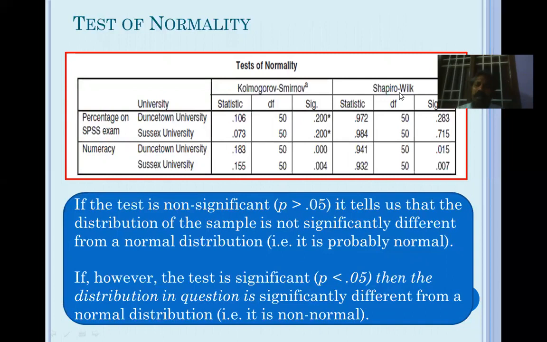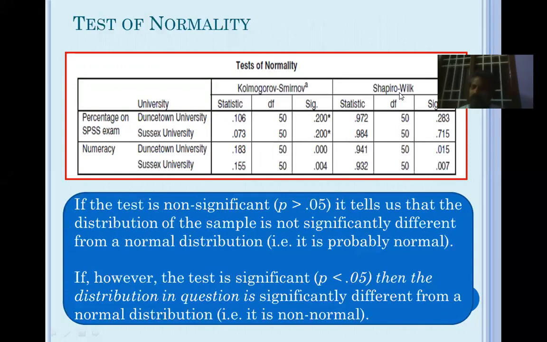Otherwise, you can simply draw a histogram for your research data. If you're getting a bell-shaped curve, so when you draw a histogram and your data is in the form of a bell shape, you can come to a conclusion that the data is normally distributed. What is a bell shape? Fewer lower items, fewer higher items, and more medium items.